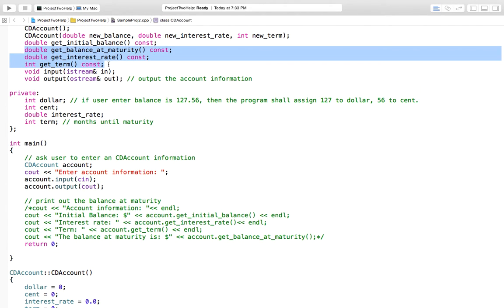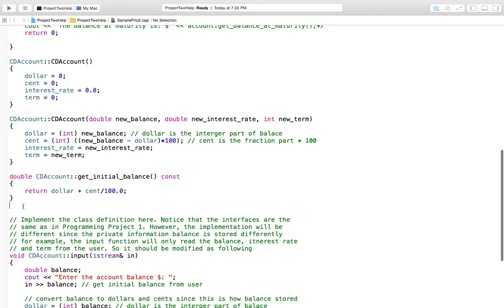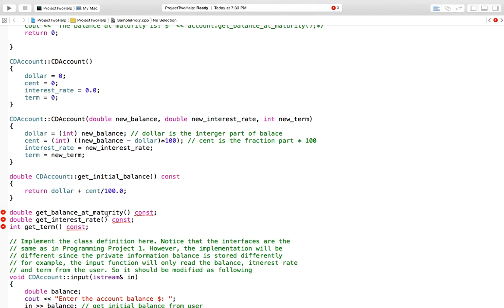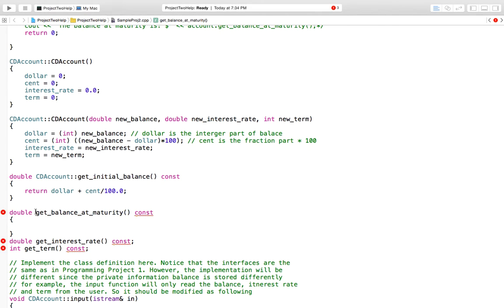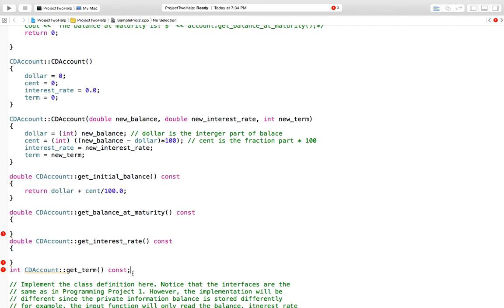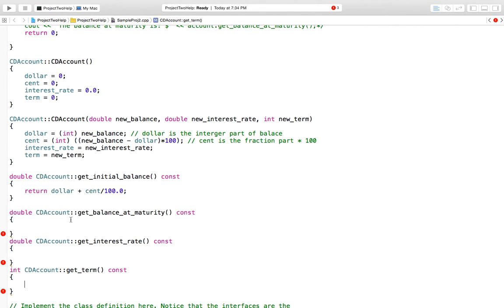So the next one, you want to get the methods called those. Let us try to do the easy way. I copy everything over first, then we begin to implement one by one, so we don't need to refer back all the time. Now you just make sure first you delete the semicolon, then make sure you add the CD account column. Also do the copy, paste, and delete semicolon, and delete semicolon. Now, all those need to return. Now, get balance at maturity. Then we need to use the